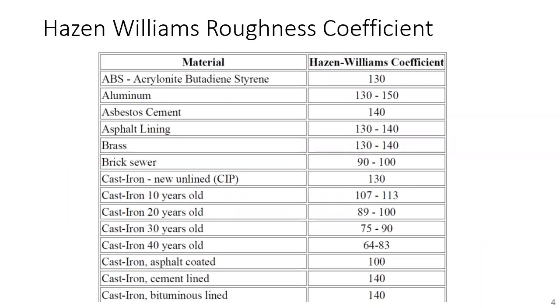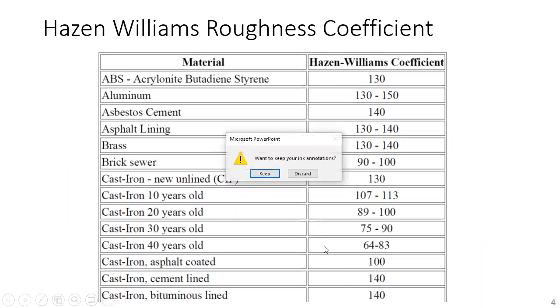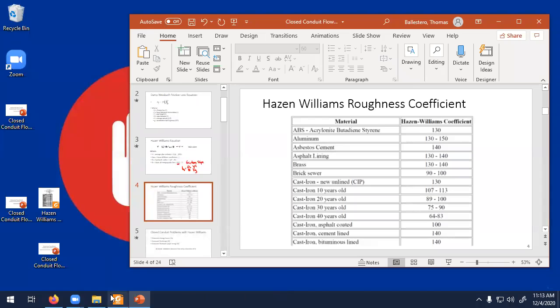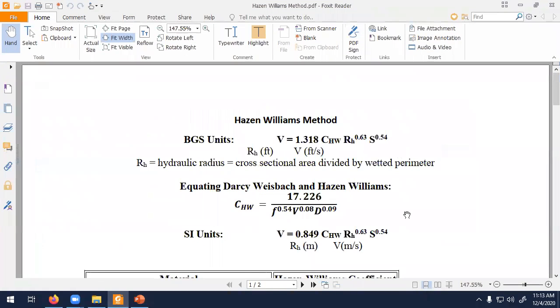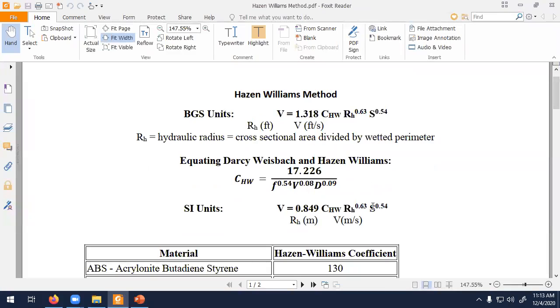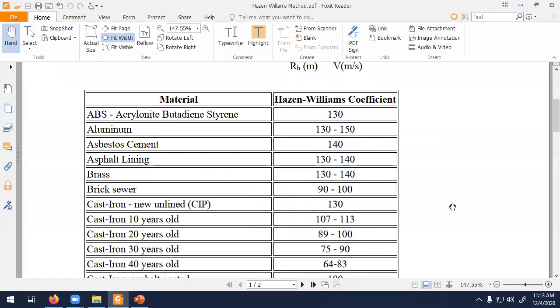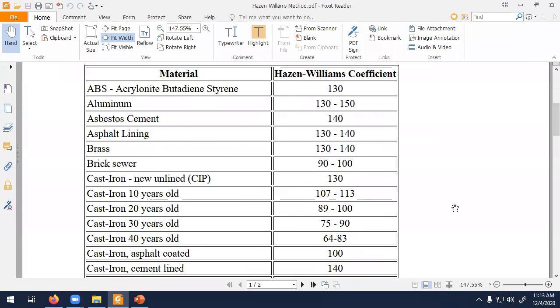So the Hazen-Williams roughness coefficient is also on the handout for today. And so I'm going to exit the PowerPoint so that I can open up the PDF for today. And hopefully everybody can see that PDF. If you can't see the PDF, write it into the chat box so someone can let me know. But at the top of the handout, again, you see the Hazen-Williams equations as I just had shown you on the previous slides. Down below, you can see the equation in SI. And what I want to get to is on the rest of this handout, on this page and the next,